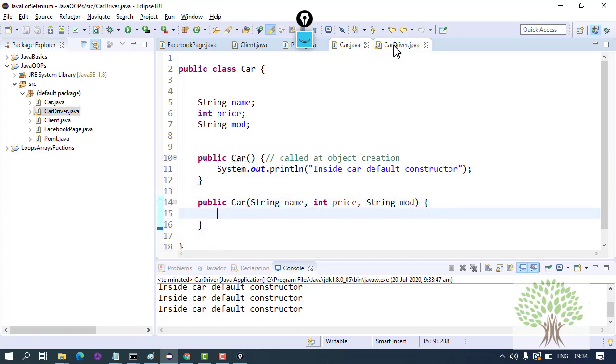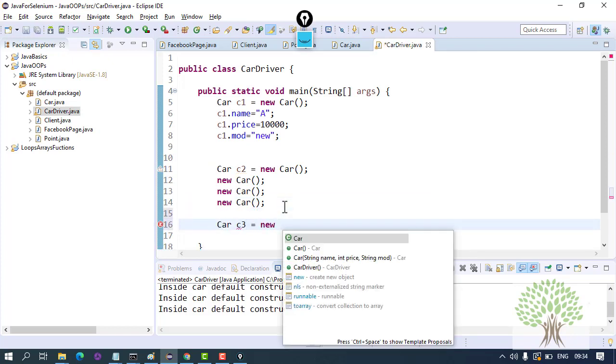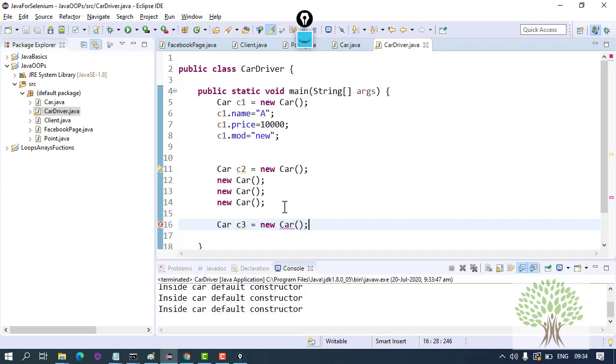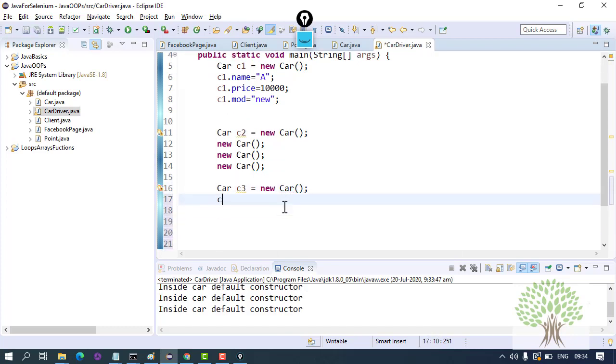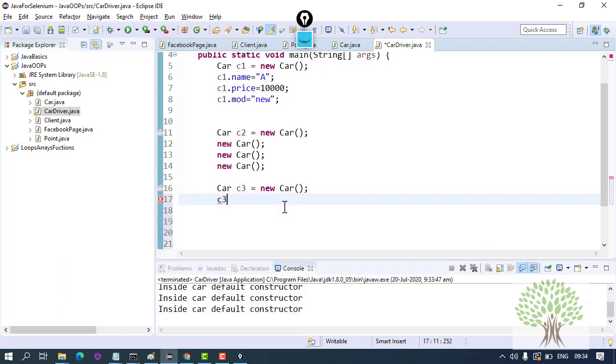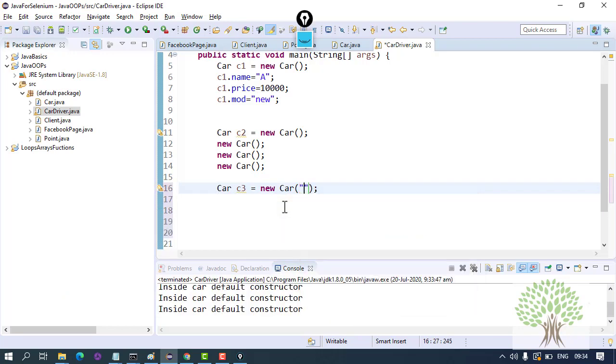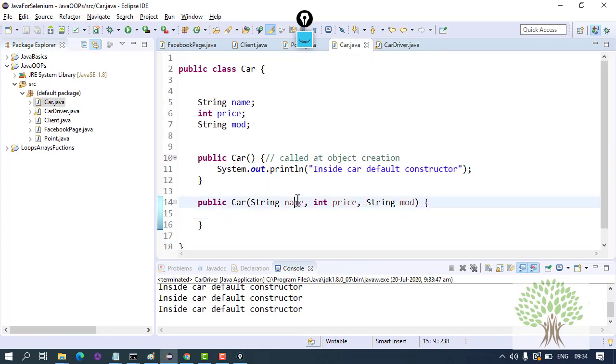And when you create the object of the car, if I write car C3 equals new car, instead of writing C3 dot name, model or something, you can pass inside the constructor itself that the name is B, the price is something like this, and the model is say old. So obviously this C3 object will be initialized by this constructor.